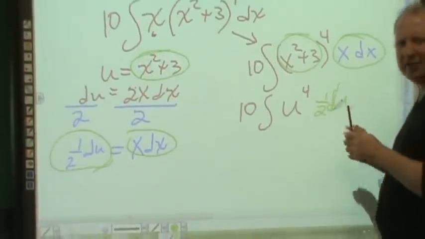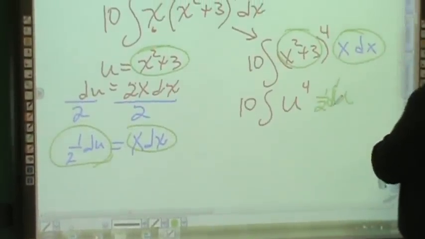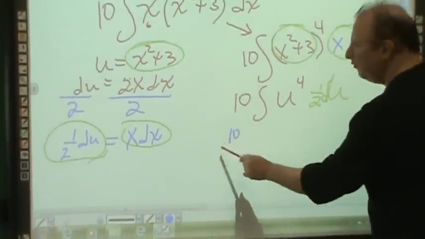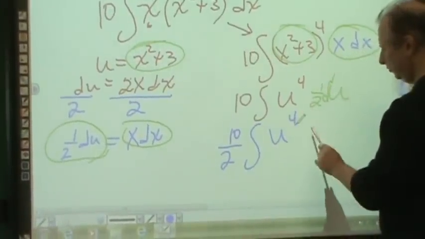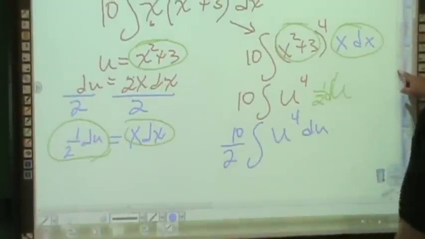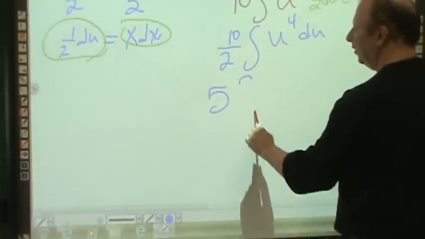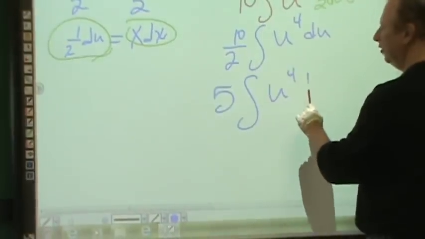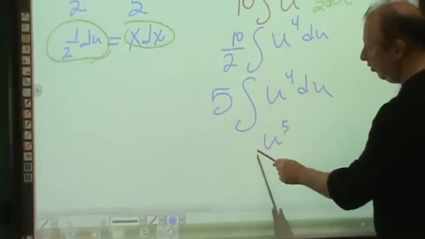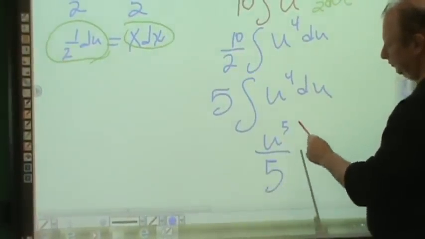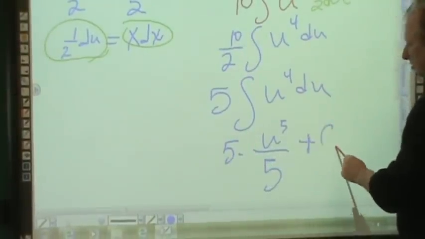Now, do I have a constant here again? Yes. So I'm going to pull that constant out again. So look what I have: 10 over 2 times the integral of u to the fourth du. So now I have 5 times the integral of u to the fourth du, and let's integrate that. u to the fifth over 5 times 5 plus c,